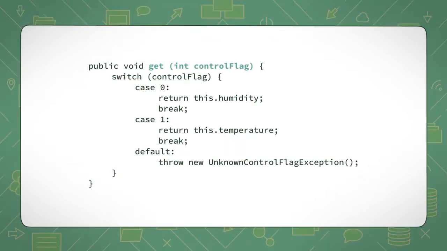Look at this get method. Is it easy to determine what is happening? Since it is unclear what the control flag means, we would have to read inside the method itself in order to know what values to give it. This is not respecting encapsulation, which also shows our method is unclear and lacks ease. This lack of ease makes the get method harder to use, and in turn makes any caller tightly coupled to it.